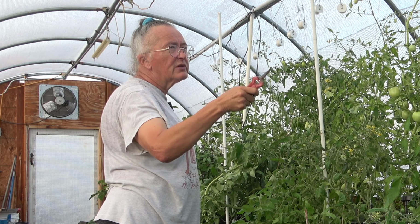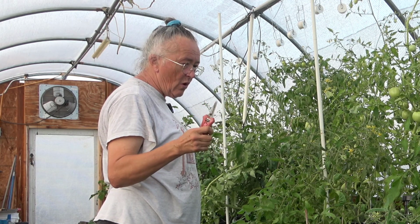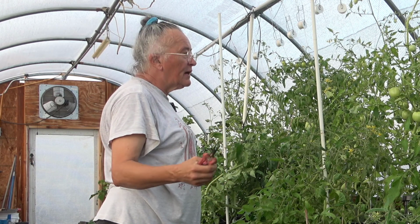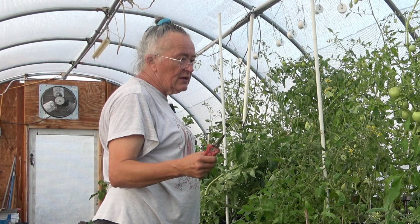Remember those giant cucumbers I pulled off of there? Henry checked them today. It turns out they're all edible. The very largest one is better peeled. But I took one of the larger ones today and I peeled it and I made Henry a big batch of